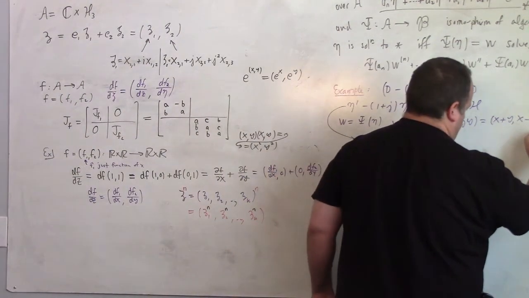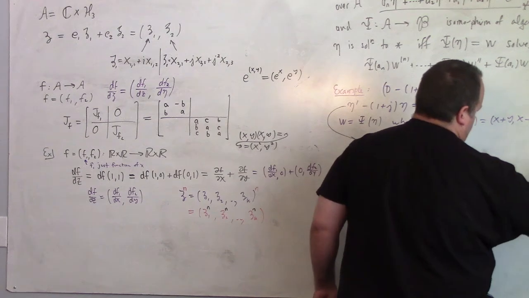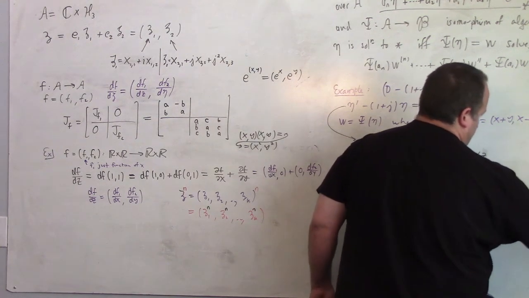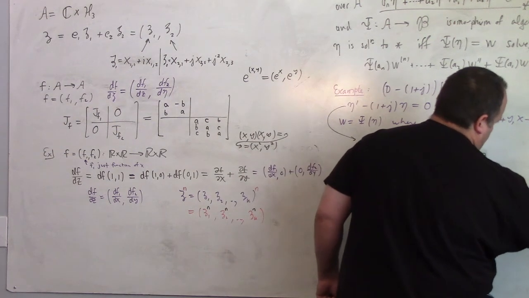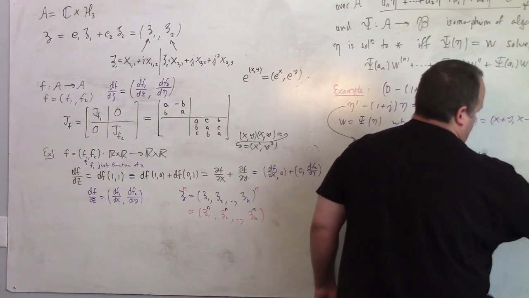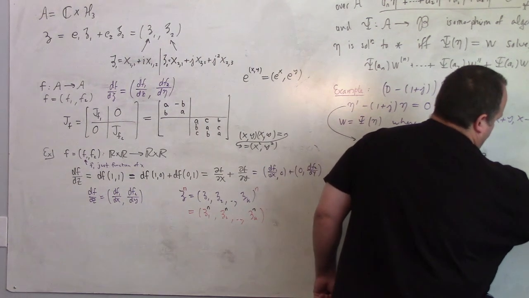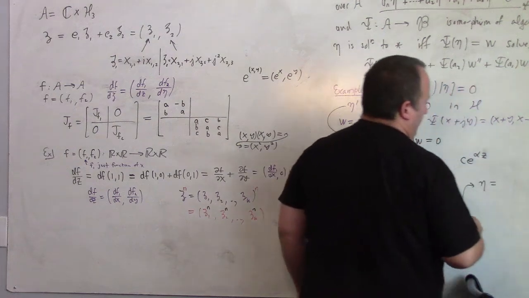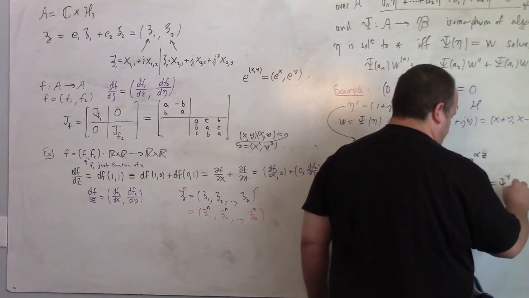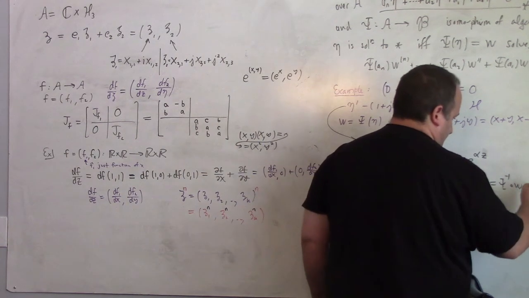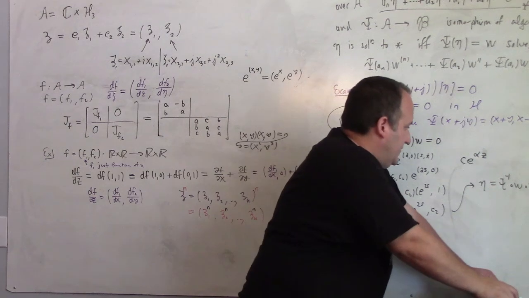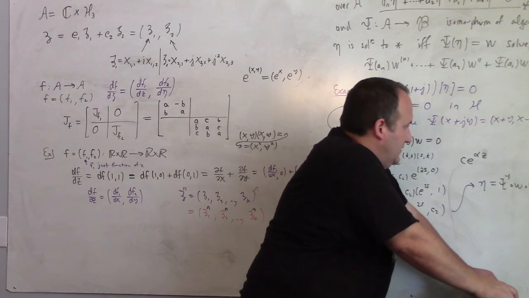This is the eta we want, here is the W, this is psi, psi inverse. So psi inverse W psi. I think you wrote it the other way around, but it may have been solving for W. Yeah, you solved for W. So psi